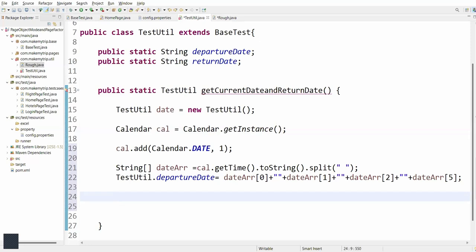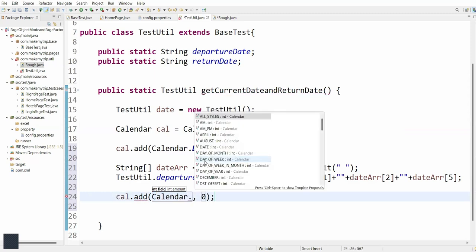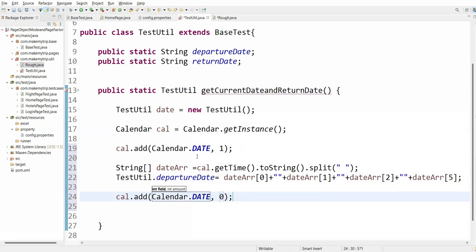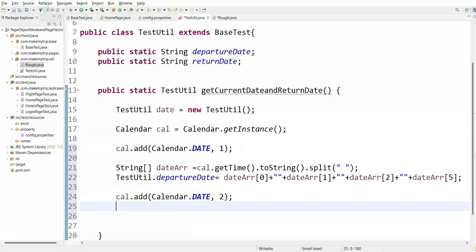Then we need a return date. Return date, what we have given? We have to select the date, from the current date to 3 days or 4 days or 2 days, any date we can pass. Okay, so we can say cal dot add calendar dot date. Here you can pass maybe 2 days or 3 days. Now we need to select the